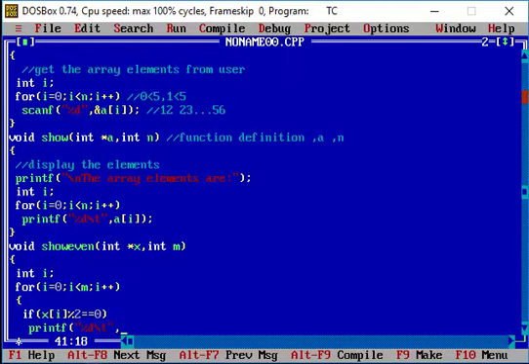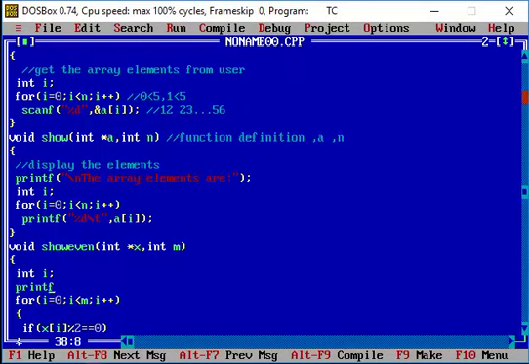So that is x of i. Before this, I'm just giving a small printf statement: the even numbers in the array are,